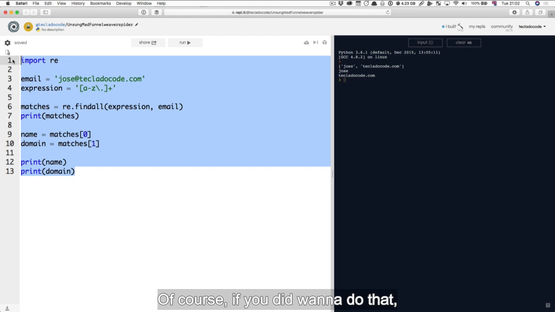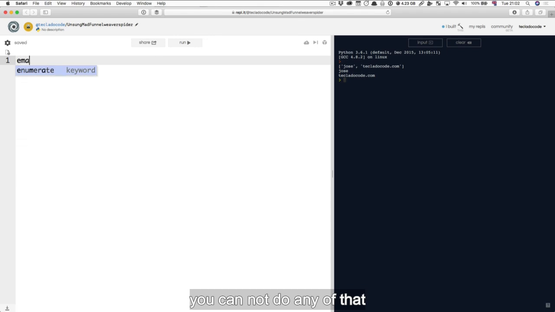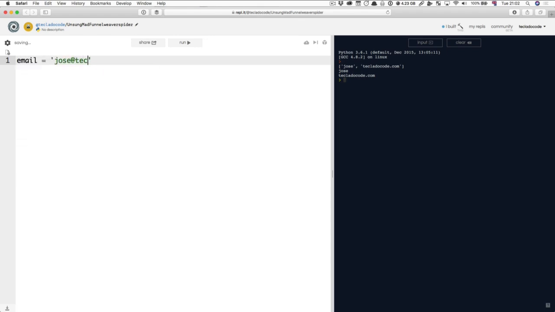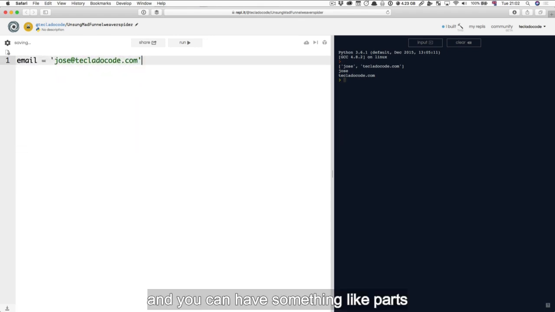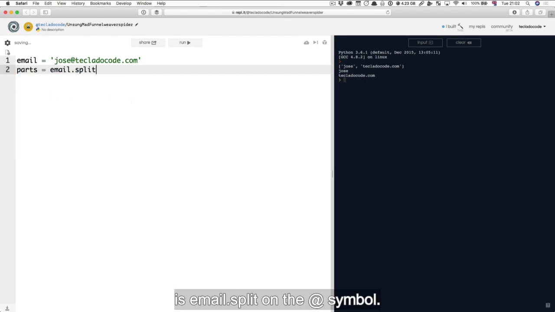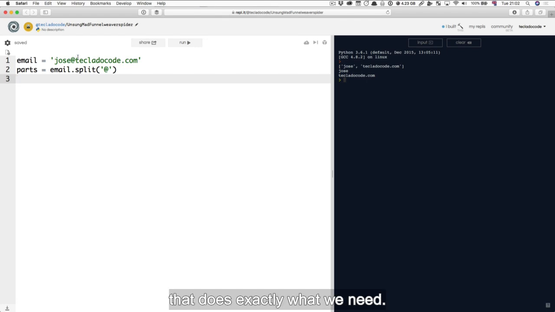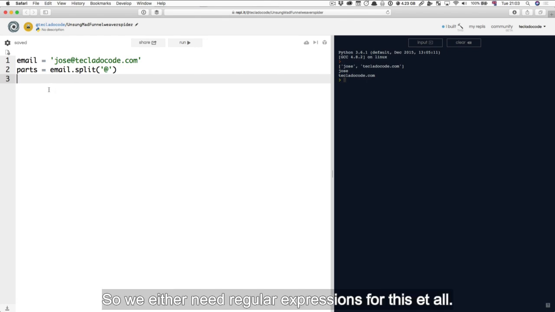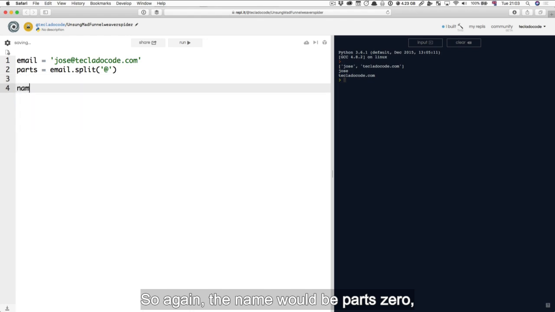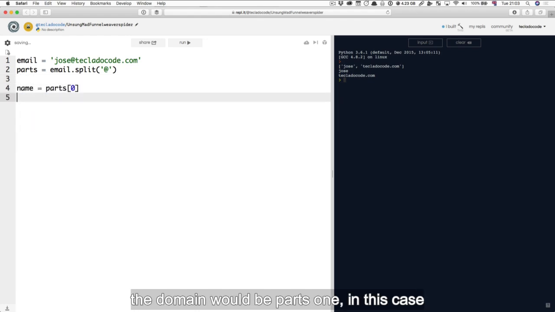Of course, if you wanted to extract the domain of an email, the best thing you can do is not do any of that, and instead you can have your email here, and you can have something like parts is email.split on the @ symbol. We've looked at the split method before. That's exactly what we need. So you don't need regular expressions for this at all. So again, the name would be parts[0], the domain would be